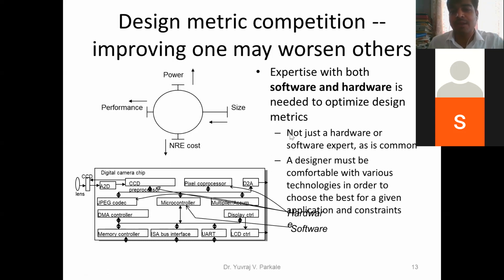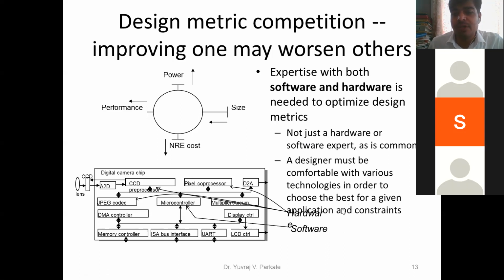The conclusion is that just a hardware or software expert is not enough. The designer must be compatible with various technologies in order to choose the best for a given application and constraints.